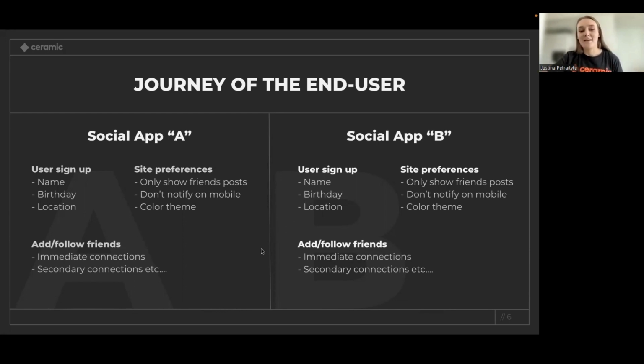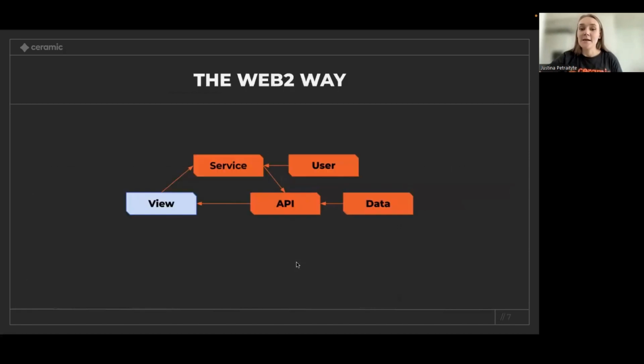The same if, let's say, two different apps are using the same social graph model. For example, what kind of people you follow. Then the users, when they sign up for a new app that is using the same data models as other apps, will bring their social graph to different apps as well. So they don't have to start completely from scratch every single time.